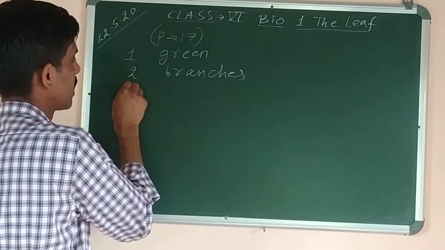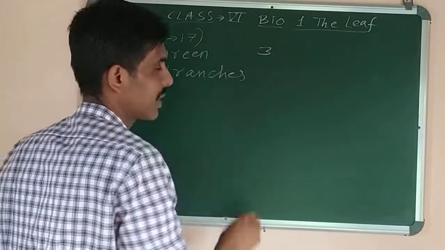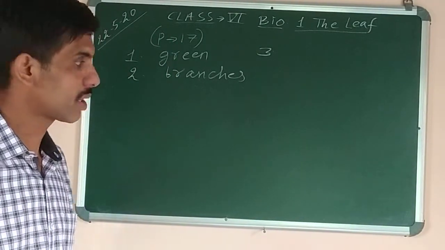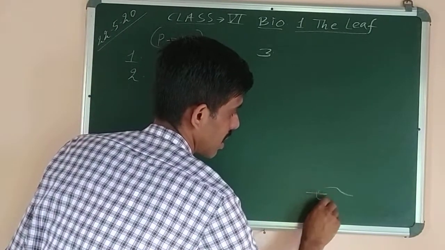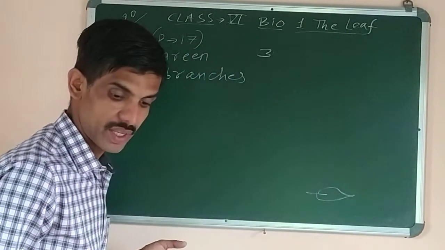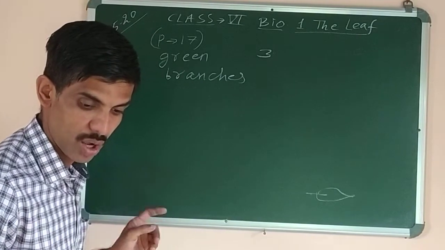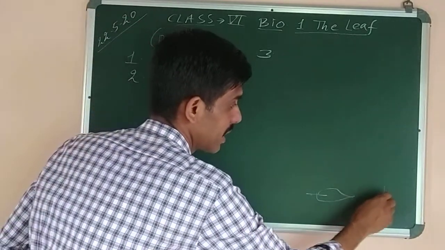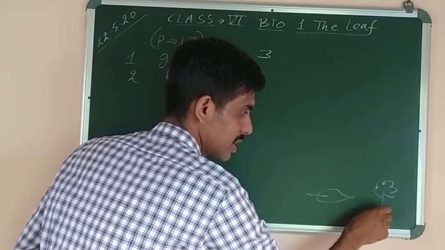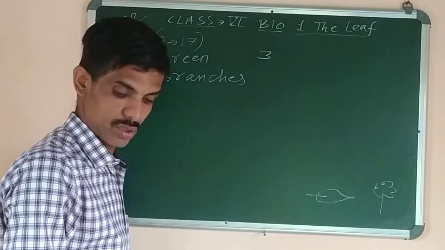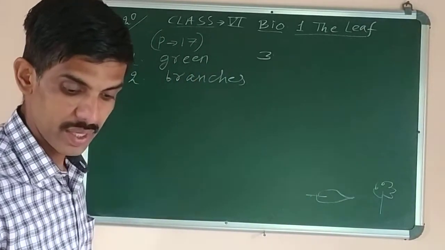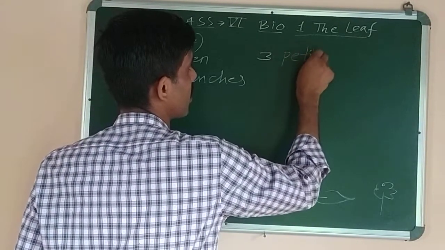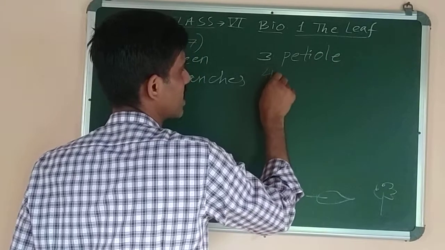Okay. Then the third question, number 3, I will write here. The stalk of a leaf. You know this one. This is called the stalk of the leaf. So what is it called? The choice given is pedicel or petiole. Pedicel is the name given to the stalk of the flower. Suppose this is the flower, so this is called pedicel, and this one is called petiole. The question asks, the stalk of a leaf is called what? So here, what is the answer? The stalk of the leaf is called petiole. Okay? You have tried the spelling correctly. It's already there.